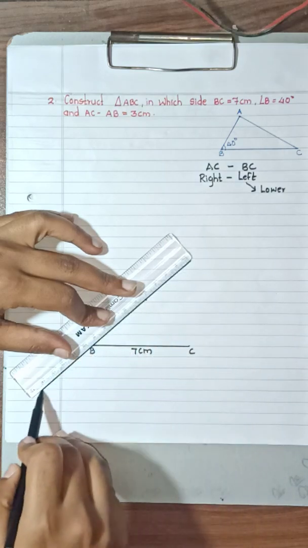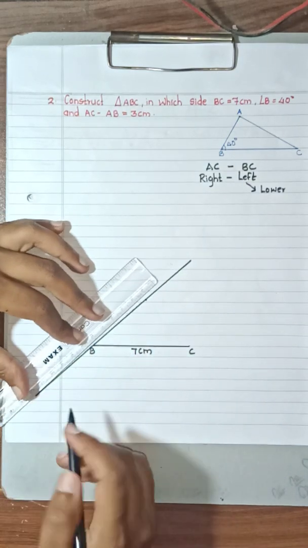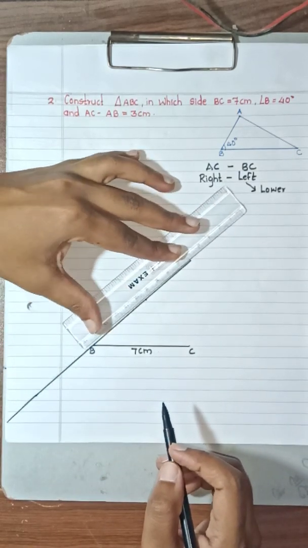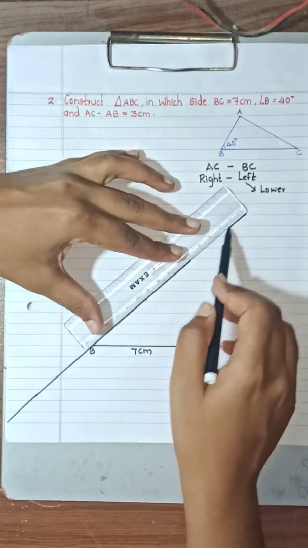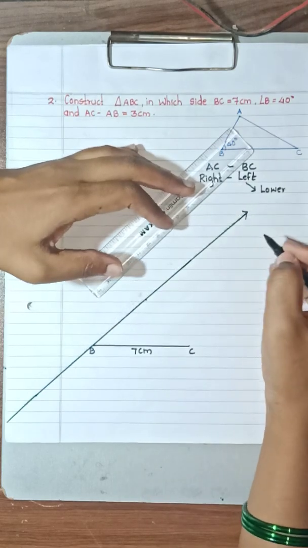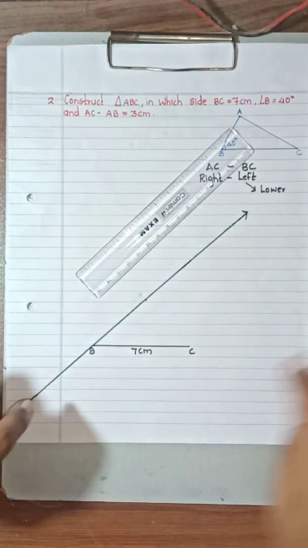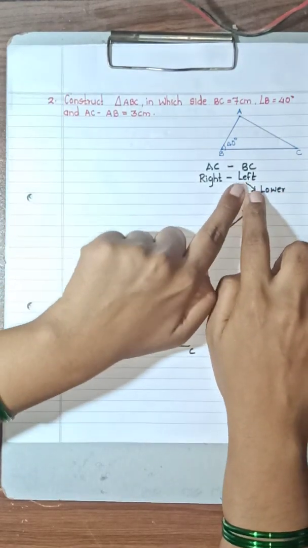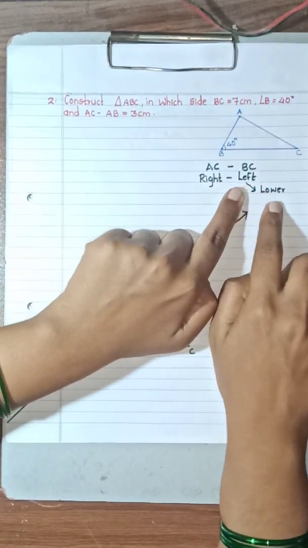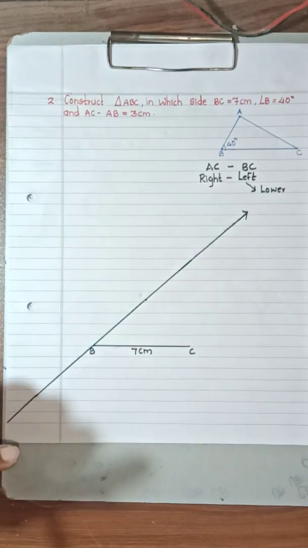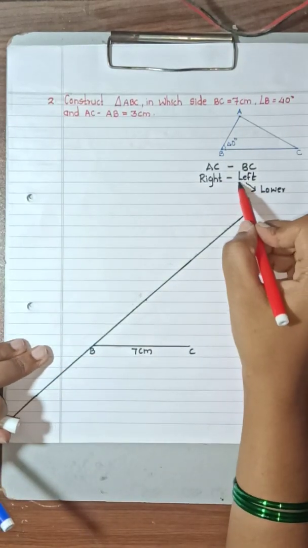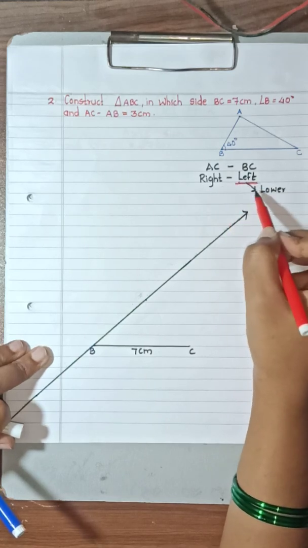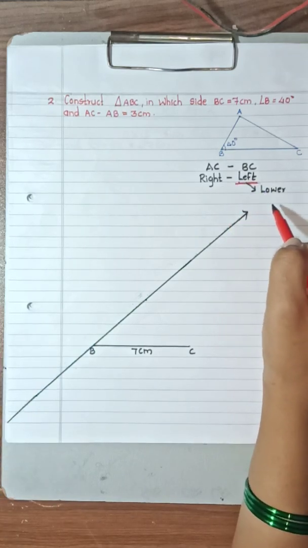See, I have extended it here also and I'll extend it above. In this way I have extended this line. Got it? Whenever left comes, minus left, that means you have to focus here. I'll mark it with the red pen. You have to focus on this side. When left comes here, then you have to draw the figure lower.